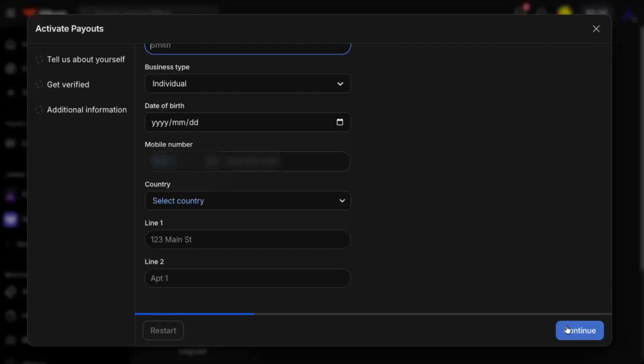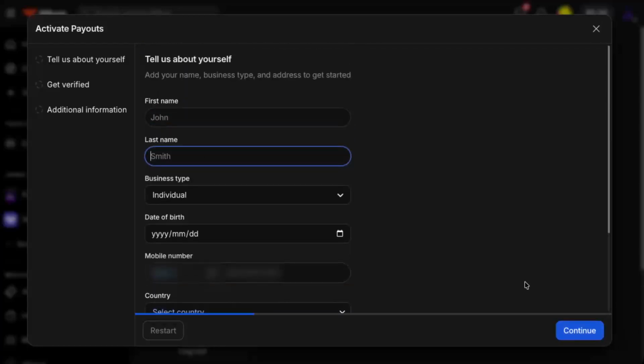After that, you'll go through a verification step, where Whop checks and confirms your details. Once your information is verified and saved, your payout setup is complete, and future withdrawals from your balance